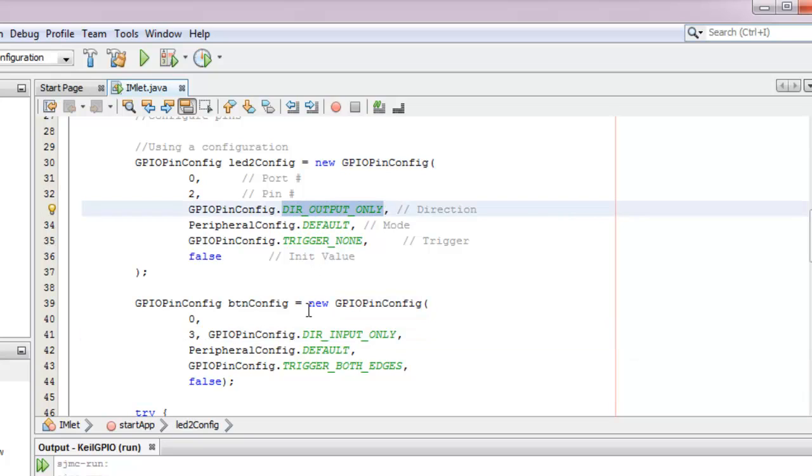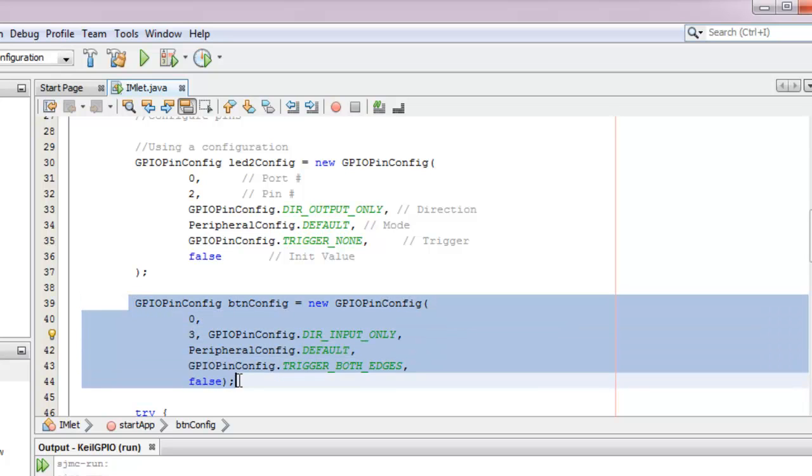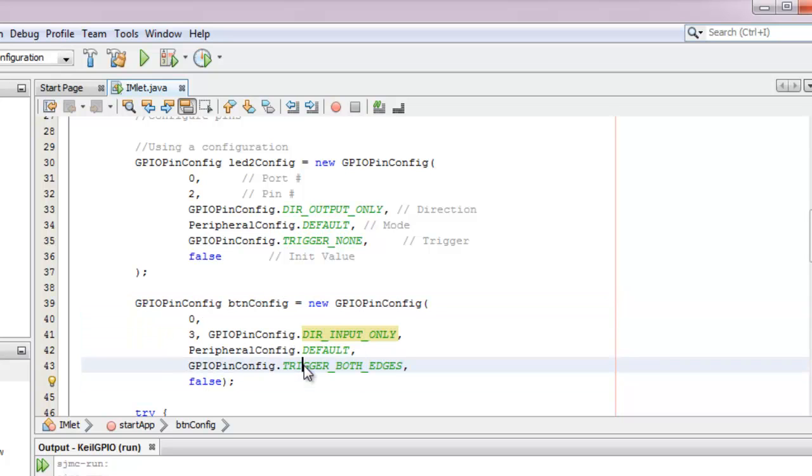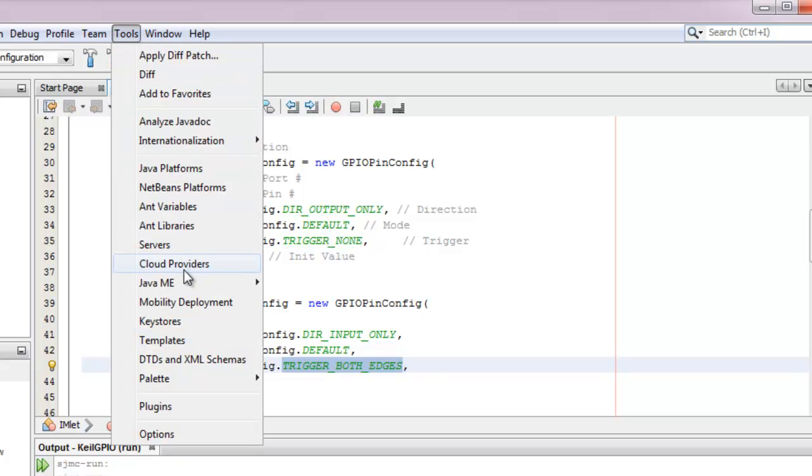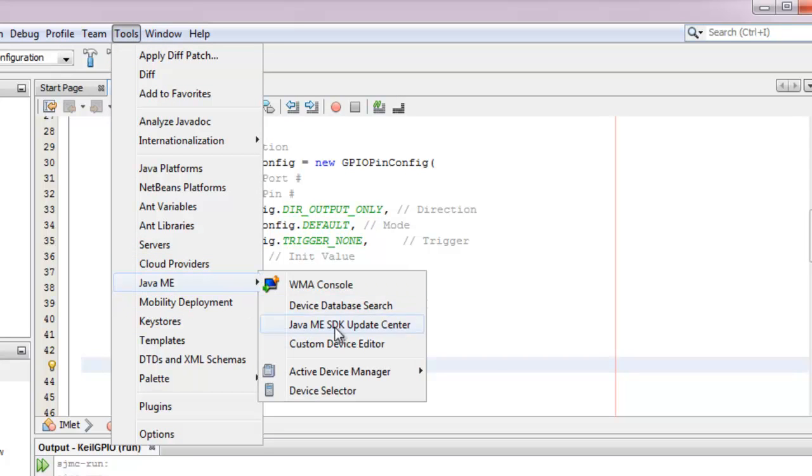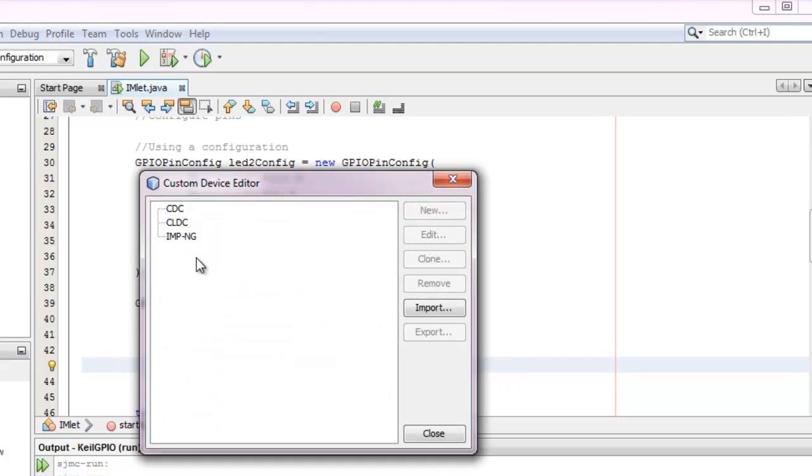The first two are for output, and the third one is for input, which will be the button. For the third one, we're going to be listening to both edges, going up and going down. If we go to Tools, Java ME, we can go to the custom device emulator,